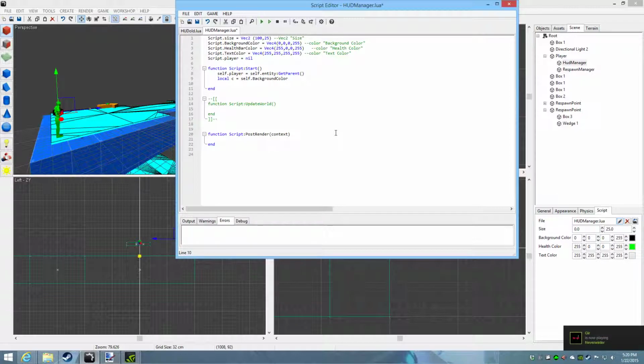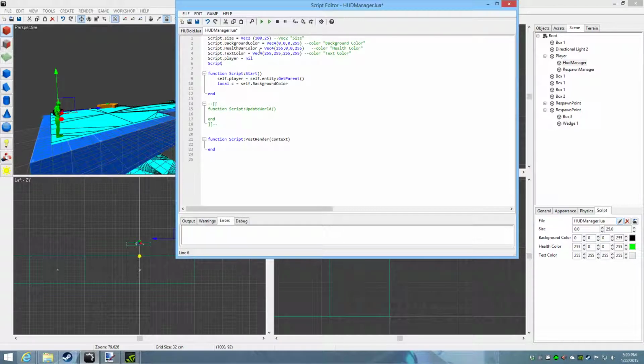And then we're going to make another variable in here, or let's just call it BG color, and then we're going to call it F for factored. And right now at the top, I'm just going to make it nil. So then we want to say self.bgc or F background color equals